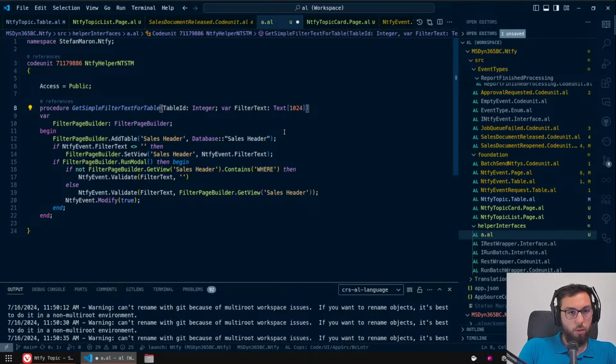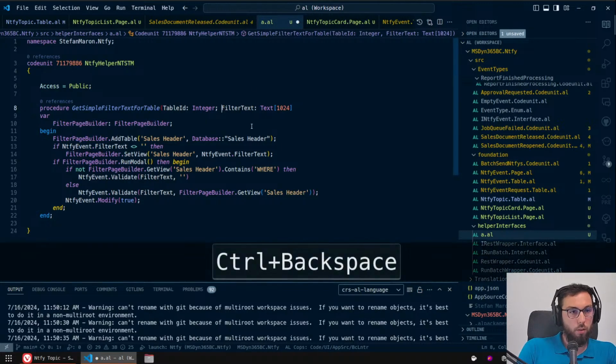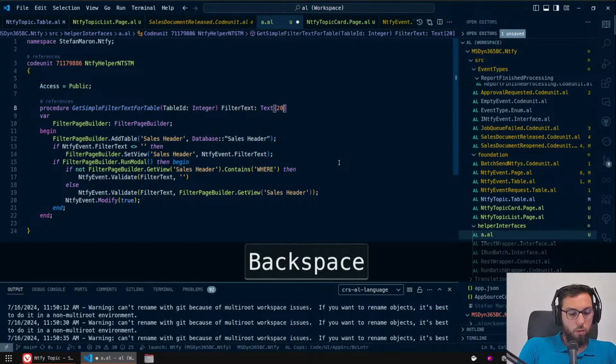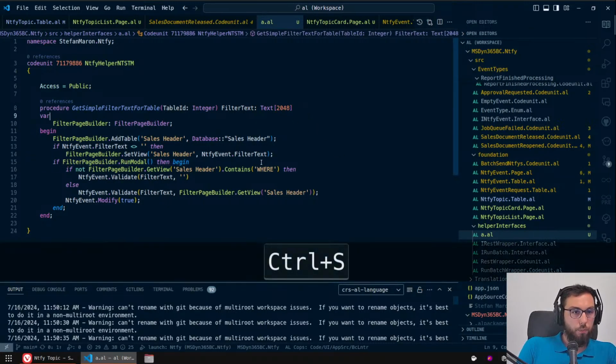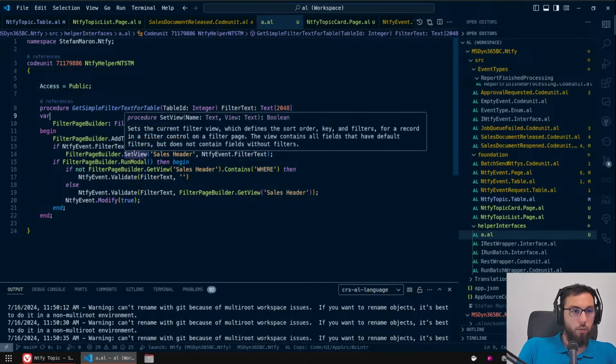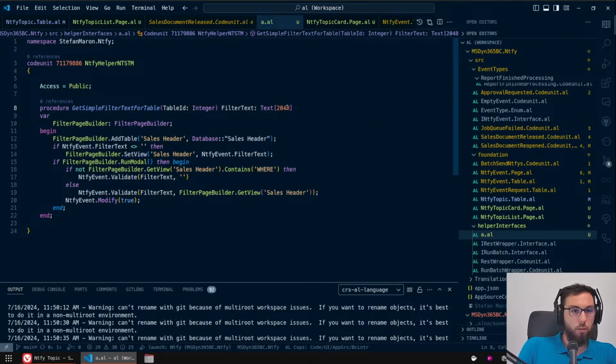It would be like this. And we want to do this, because although the get view returns an unlimited text, I think the set view or somewhere there's a limitation where it can only do so much in the filter. And I think this was the limitation. Or this is just the limitation of the filter text column on the table. So anyways,